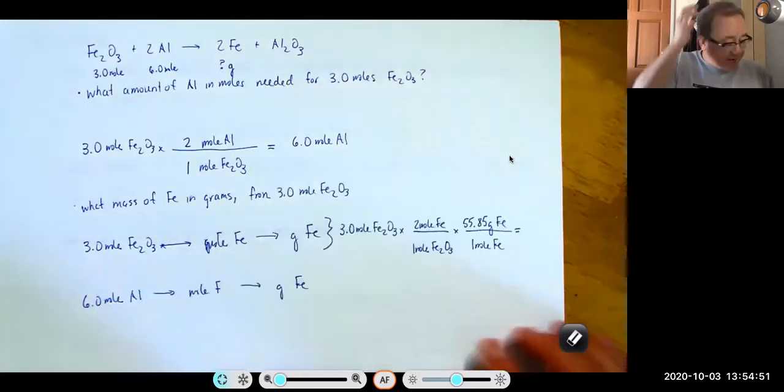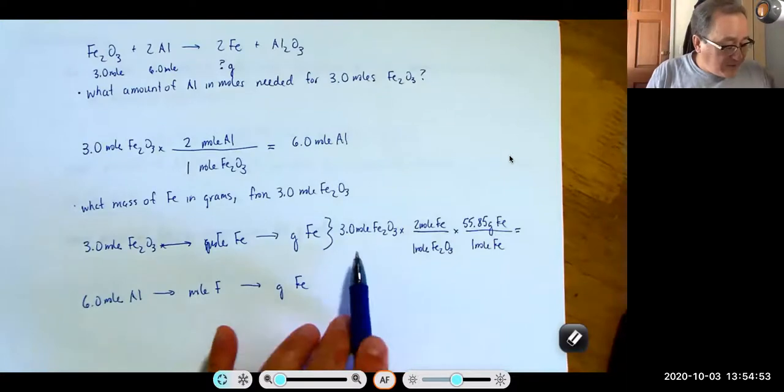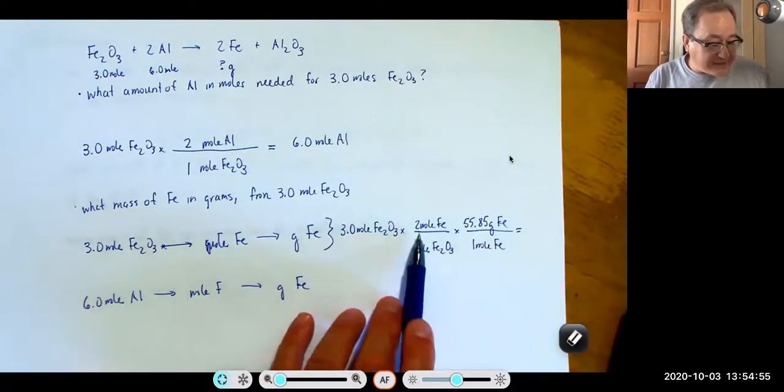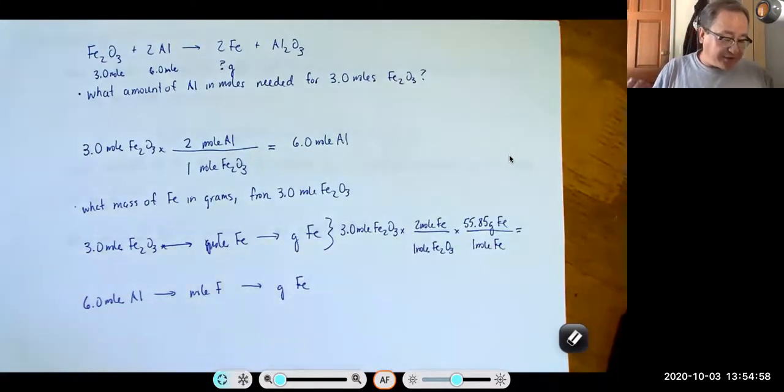And if we look at the answer, you can see that we're going to have 3 times 2 is 6, 6 times 55 is 330-ish, maybe 340-ish. So let's do the work. 3 times 2 times 55.85, and we get